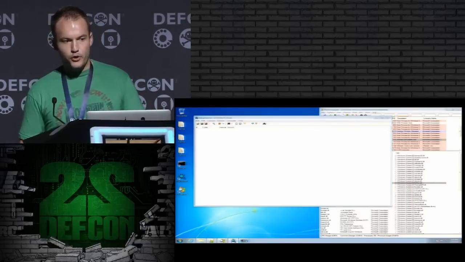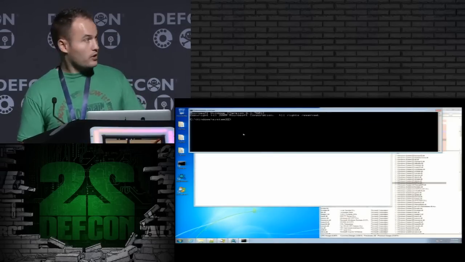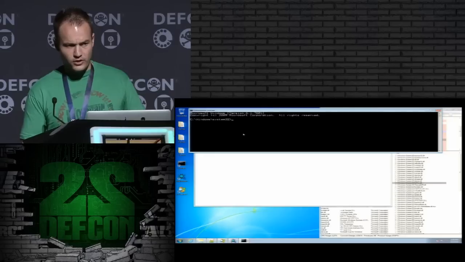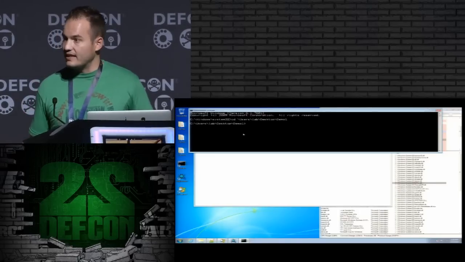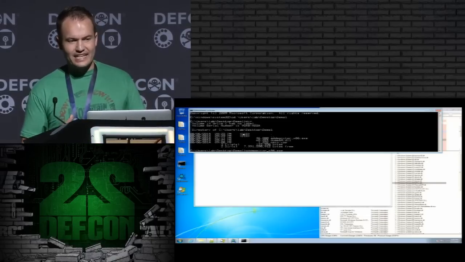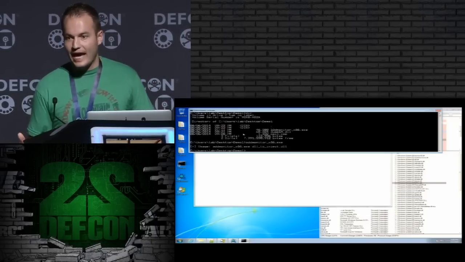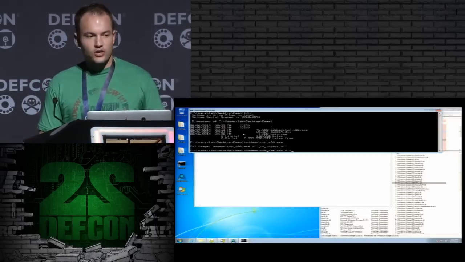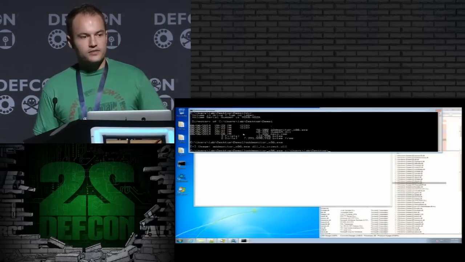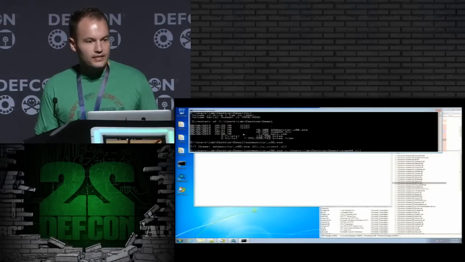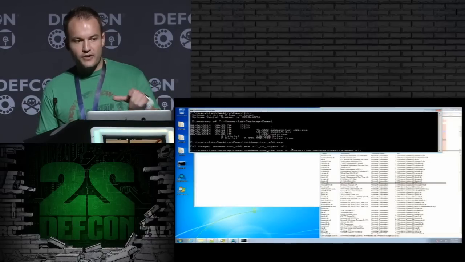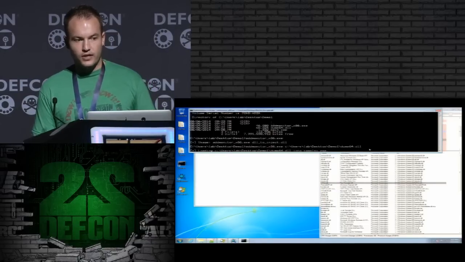So I guess to prove that it's being injected into Spool SV, I loaded up Process Explorer in the background, highlighting Spool SV. So when we actually carry out the demo, you'll see that the DLL gets loaded into Spool SV. In this case, the DLL is just a test DLL that I wrote. It'll do a hash dump on the local system, and then it'll dump it to DebugView. So it's a pretty basic demo, but as soon as we run it, I'm going to drop back into Process Explorer here so you can see that the DLL, you should see a green line appear showing that the DLL got loaded under Spool SV.